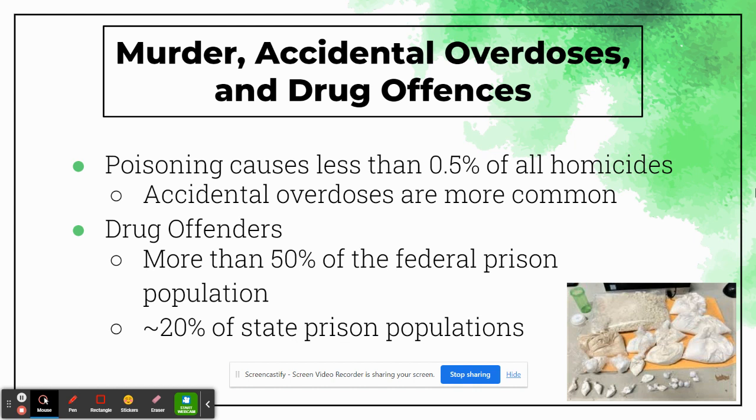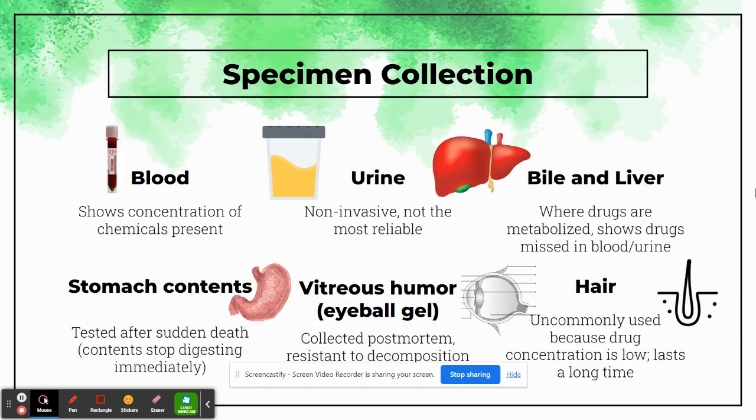In terms of drug offenses, in looking at the federal prison system, drug offenses actually contribute a lot of people into the prison system. It's estimated that over about half of all federal prison inmates are there due to drug offenses. If we look at statewide prisons, it's approximately 20%. So the drug industry really does contribute to our criminal justice system in terms of offenders and who is spending a lot of time in prison.